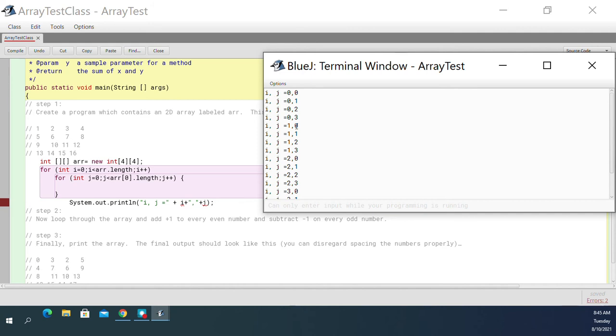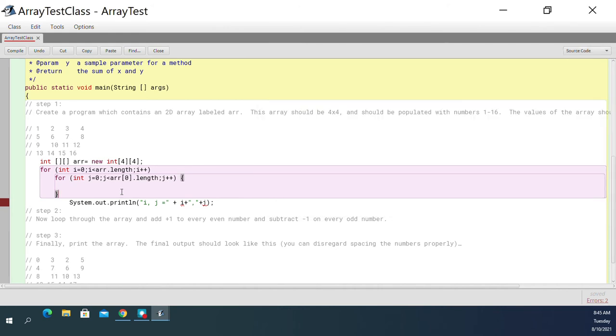So 4 times 1 is 4 plus 0, so that's 4, plus 1. So it's 1, 2, 3, 4, 5. So this should be 5. So it's i's index times 4 plus j number plus 1. That will be the number we're going to assign to that element. So arr[i][j] will be equal to 4 times i plus j plus 1. That'll be the numbers. Now if we do that,